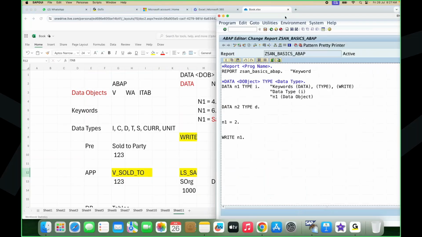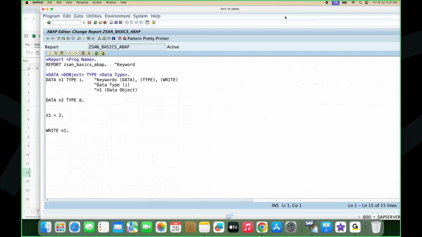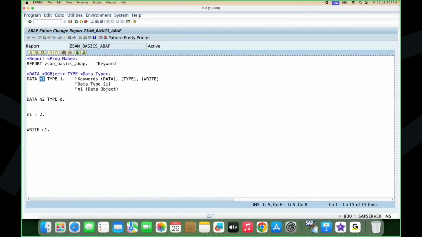Okay, so now this is our program. We have created two different data types. N1 is type integer and N2 is type date. We have passed 2 for N1, and for N2 we will pass date information. For the date you need to pass year, month, date. So 2024, 07, and the date is 28. And also,